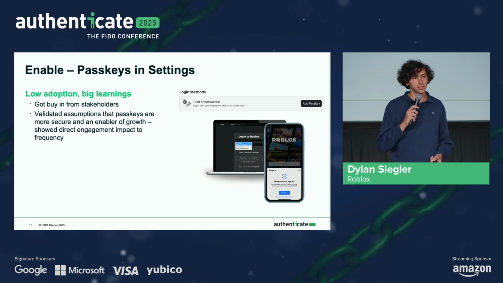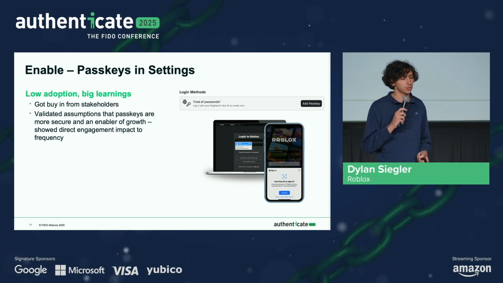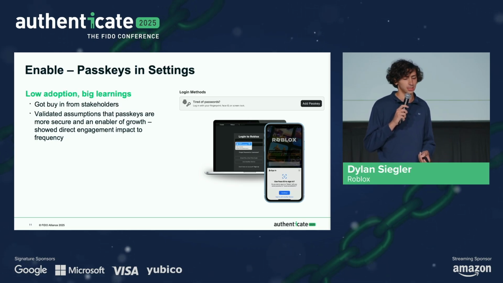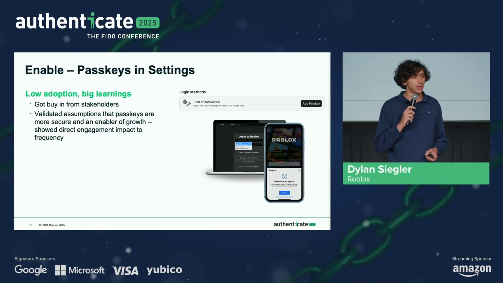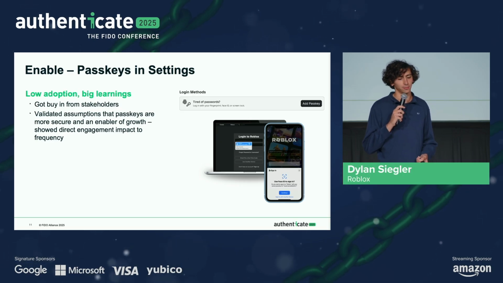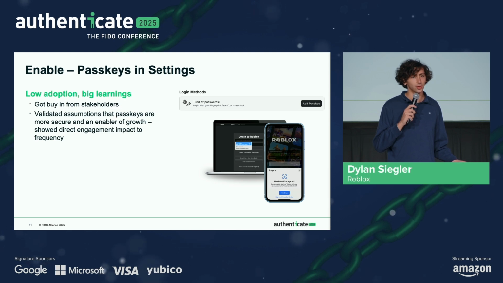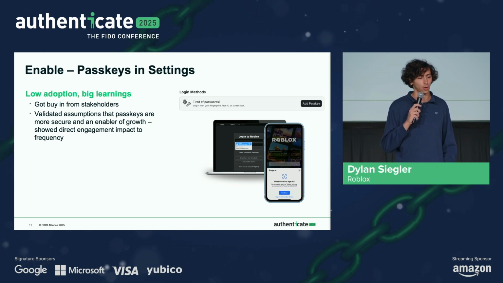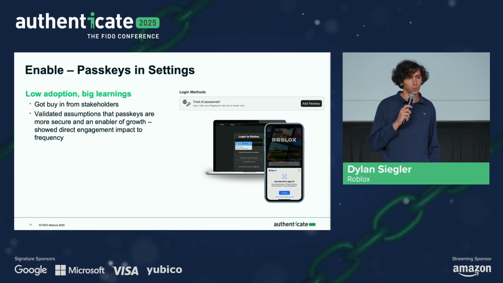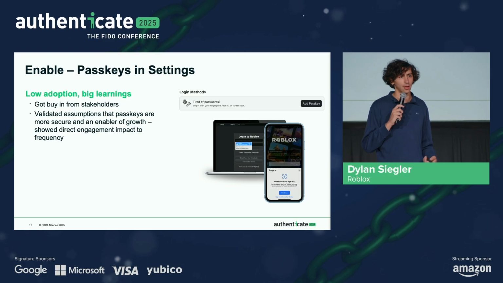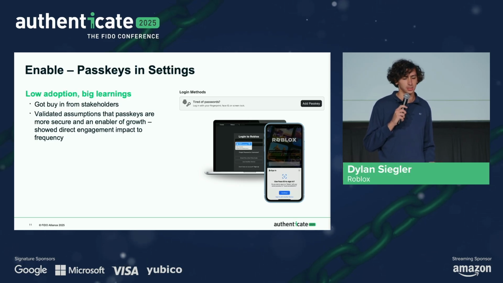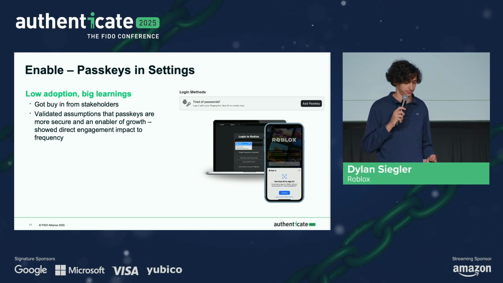Some of the numbers that I shared on the previous slides started really with the A/B tests here in settings. And that strong impact is what allowed us to get buy-in from stakeholders. As things stand currently, settings only accounts for about 15% of our overall passkey adds, but was a really meaningful starting point for gathering this data and understanding business impact, as well as getting buy-in.